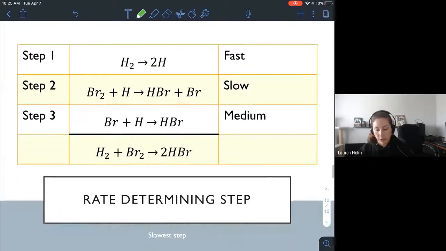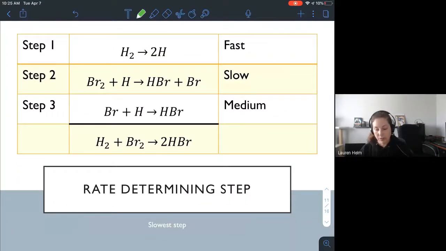Which then leads us to what we call the rate determining step. This is the slowest step, and that determines the overall rate. You're only as fast as the slowest step. So if we have 3 steps again, the first